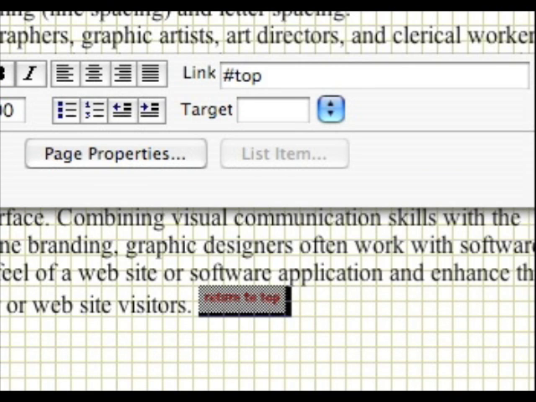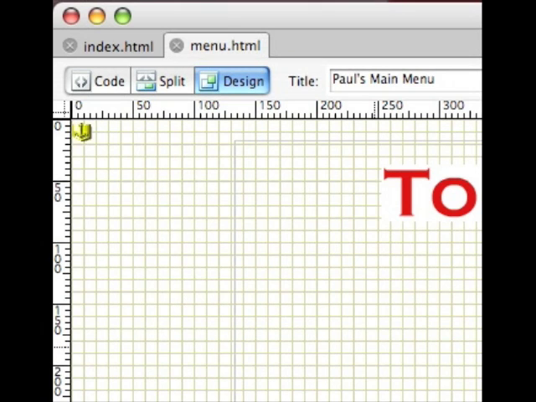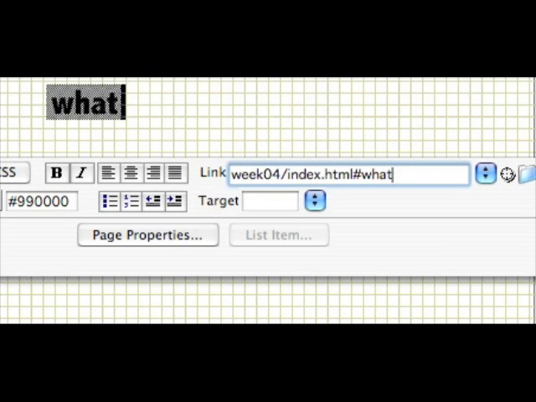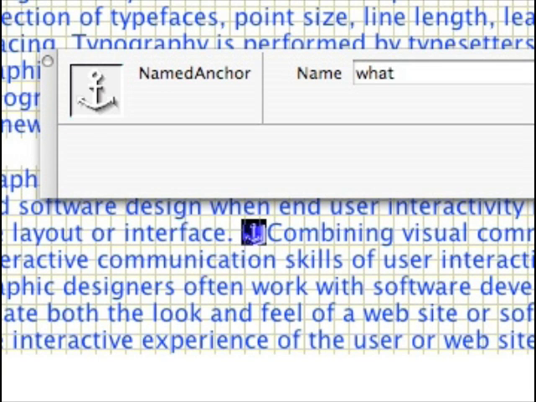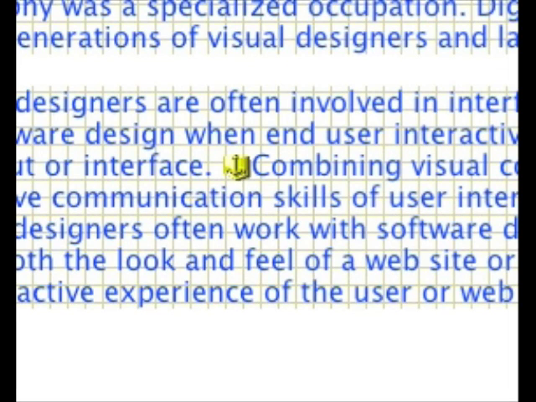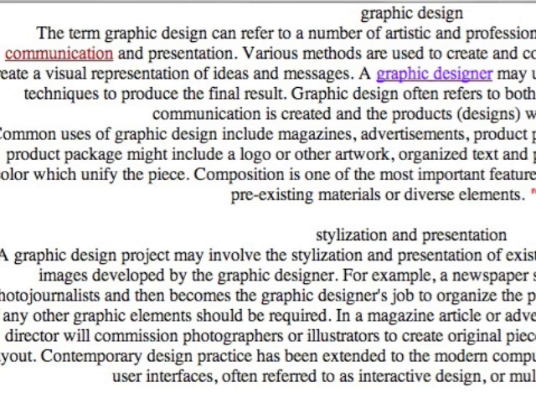Now, we can also create links back to the top of the page. So we created this return to top flash text, and we've placed an anchor in the top left corner of our page so we can get back to the top. Now I've also included an extra link here out to an external HTML page and to an anchor on that page. So I've placed an anchor called what on this external page. There it is there. Then I can link to it from another page. Now the last thing we're going to do is some internal hyperlinks